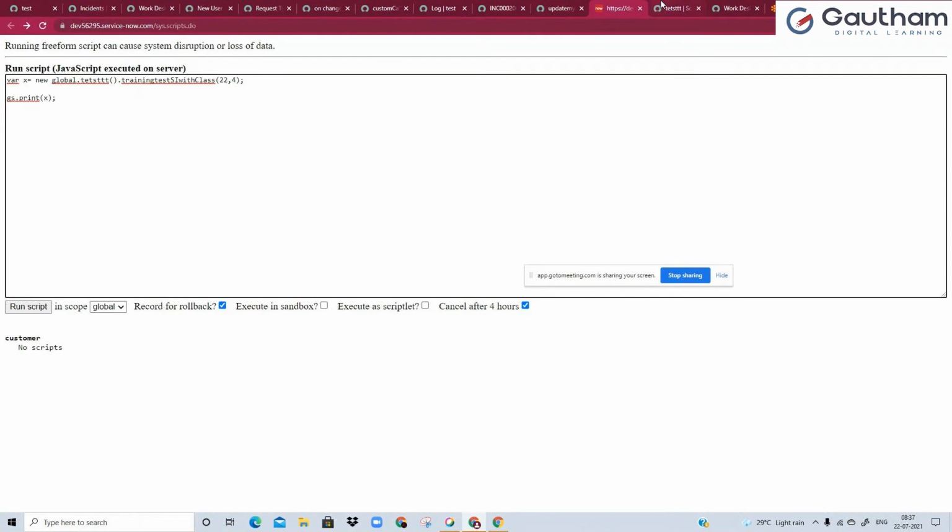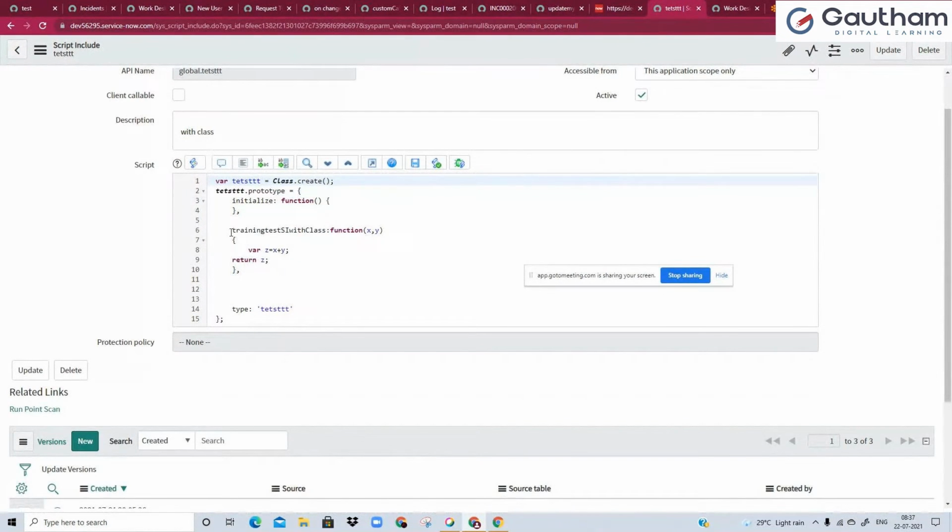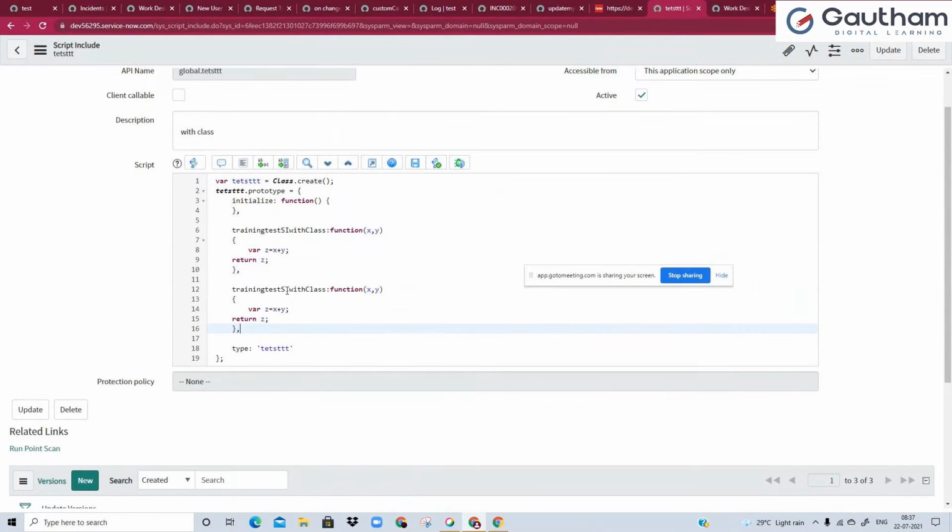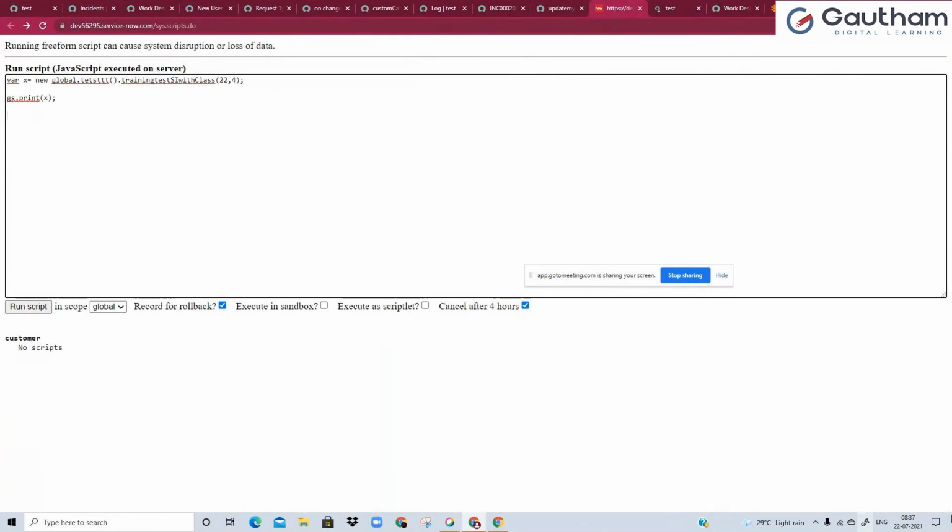Let me write another function. Training SI with class multiplication, okay? So what I shall do is, without putting x plus y, I'll put x into y. So here in the function, I will put test training test SI with class multi. The script include I'm calling is the exact same global.tester, but just the function that I'm calling is different. We have